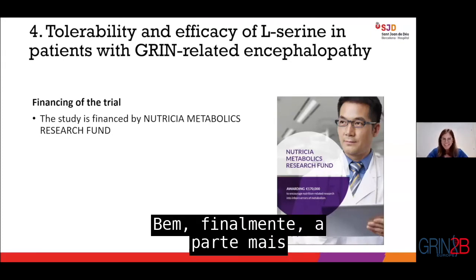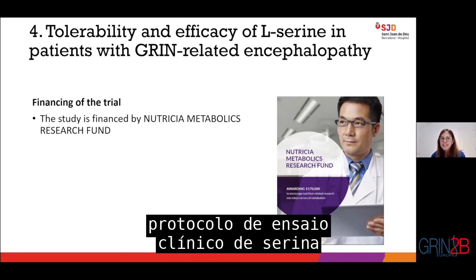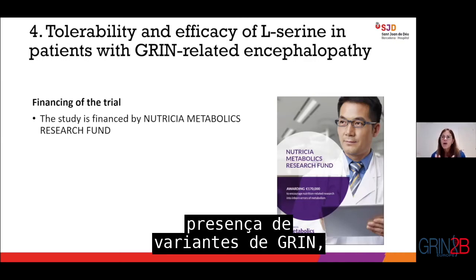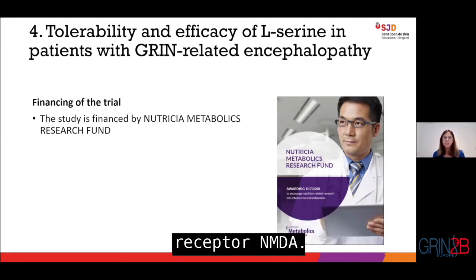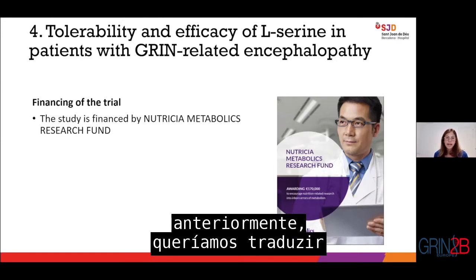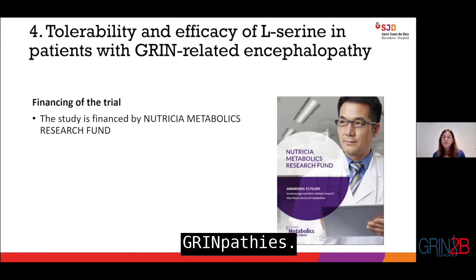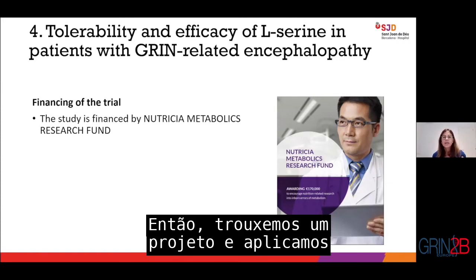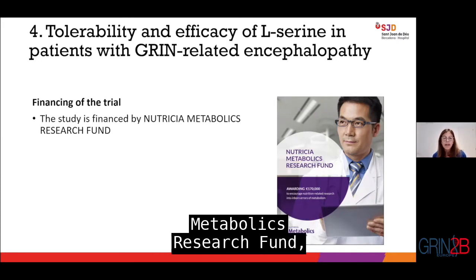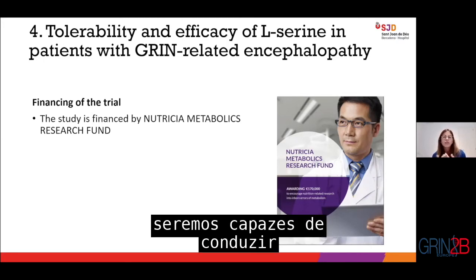Well, and finally, the most important part of my talk, I would like to share our serine clinical trial protocol for patients with GRIN-related disorders caused by GRIN variants leading to a loss of function of the NMDA receptor. After our single experience with the girl that I talked about earlier, we want to translate this unique experience to a bigger group of children with GRIN pathies. So we wrote a project, applied to a Nutrition Metabolics Research Fund, and we were awarded a grant. And thanks to this grant, we will be able to conduct this